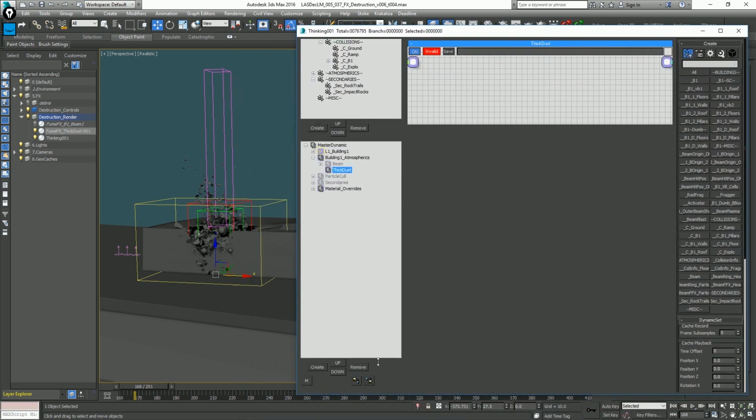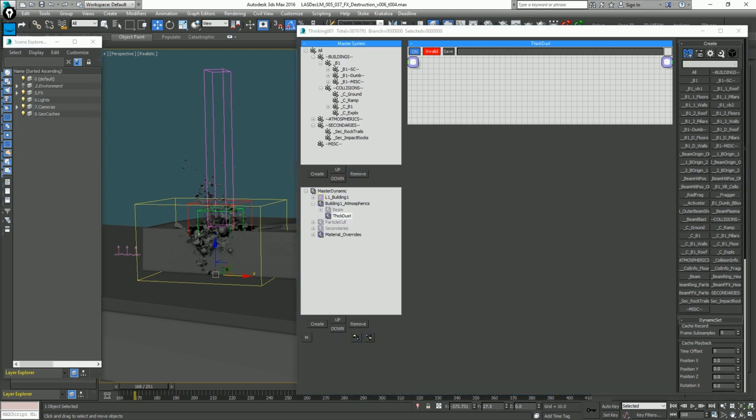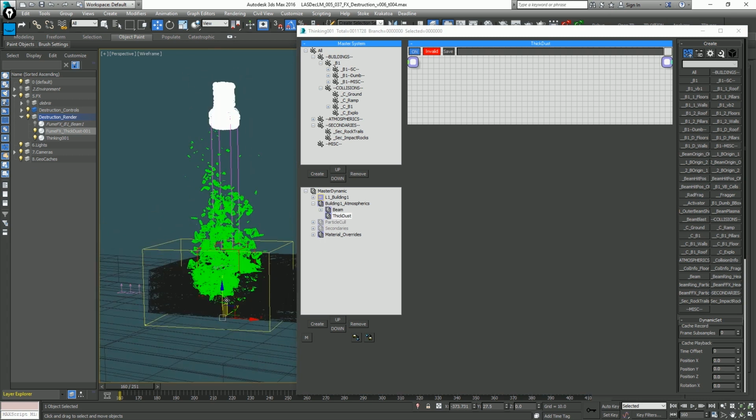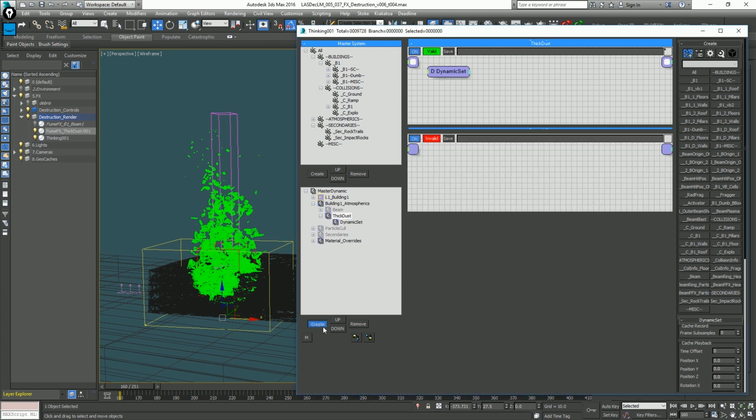And it's very similar to what we've done before. Initially, I just want to create based on the ring, basically the big ring up here. I want to have this fire down particles onto the ground, and those are then going to kick everything up. So again, we're going to make it procedural in the sense that we'll have the generation being triggered by everything above it. So we won't worry about the beam, but in thick dust, I'm just going to create a few dynamic sets. The first one, we'll just name it,